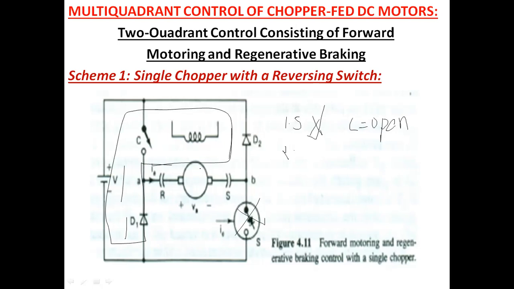That means when I switch on the electrical switch for a battery operated vehicle, suppose you take a bike, I am opening the C and I am activating the S. What happens at this time? Armature current will be flowing in this loop, and as the armature current flows in the loop, the energy will be stored in the inductance. So the charging is completed.